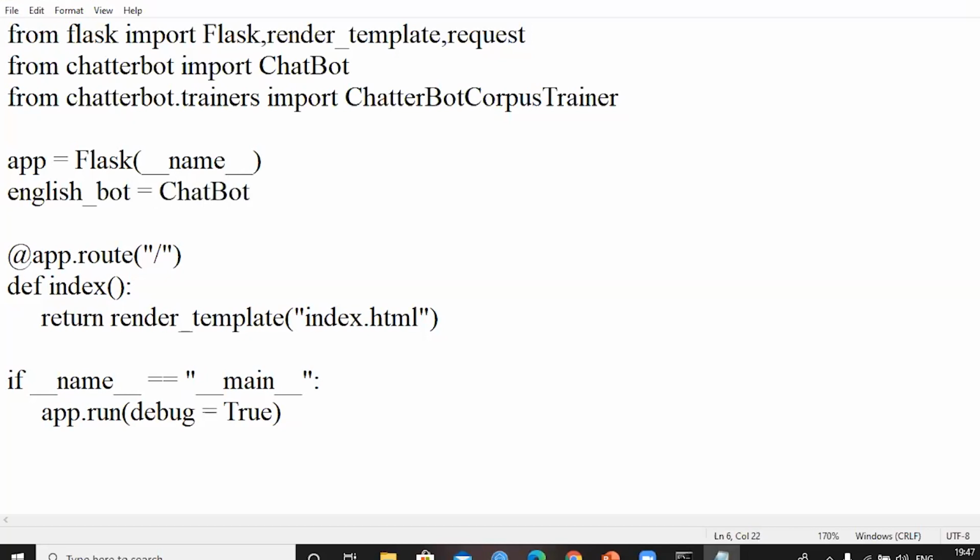English bot is equal to ChatBot of ChatterBot, because it will store some data, because ChatterBot predefinedly has an SQL Alchemy database, because we'll take that content and Flask will support it. So Flask stores whatever context we give in that SQL Alchemy database. So ChatterBot storage adapter is equal to